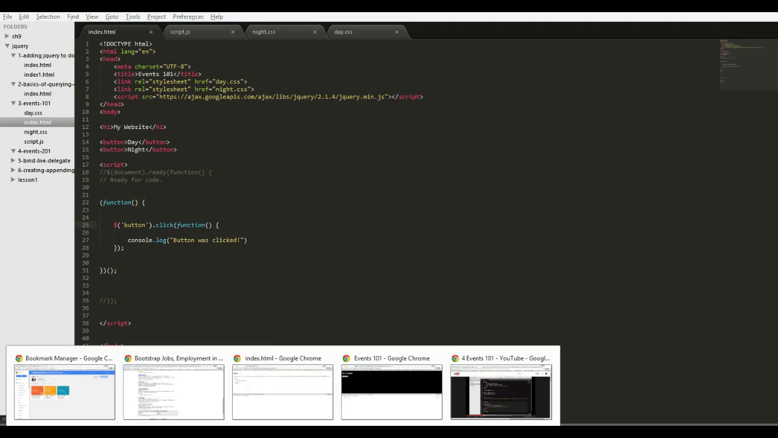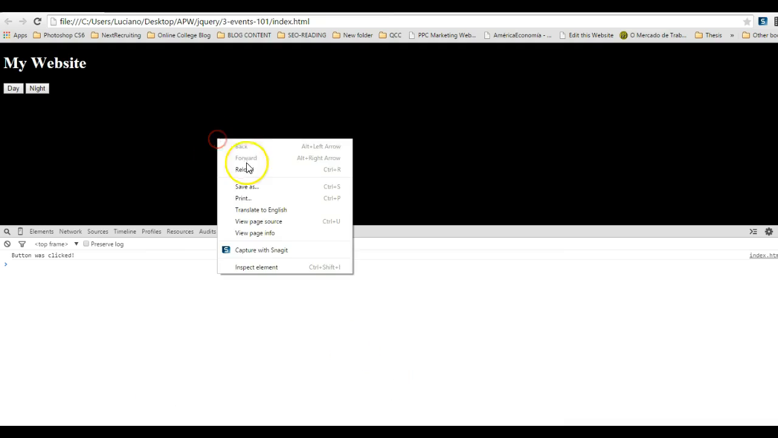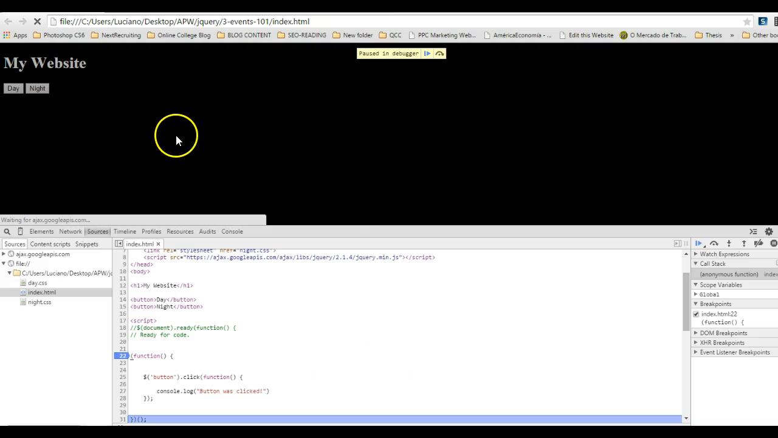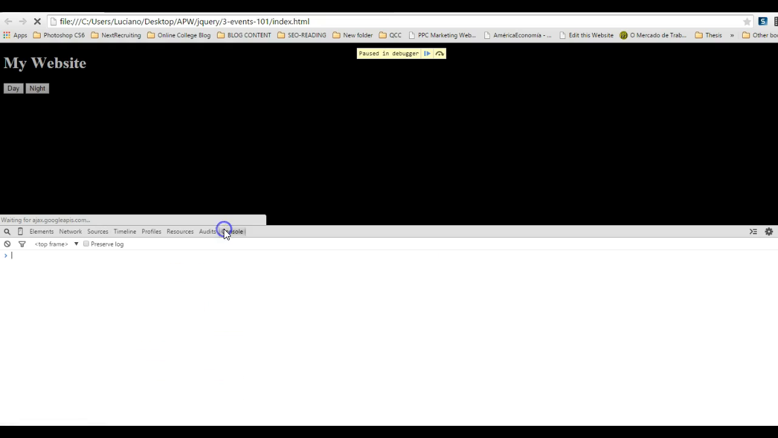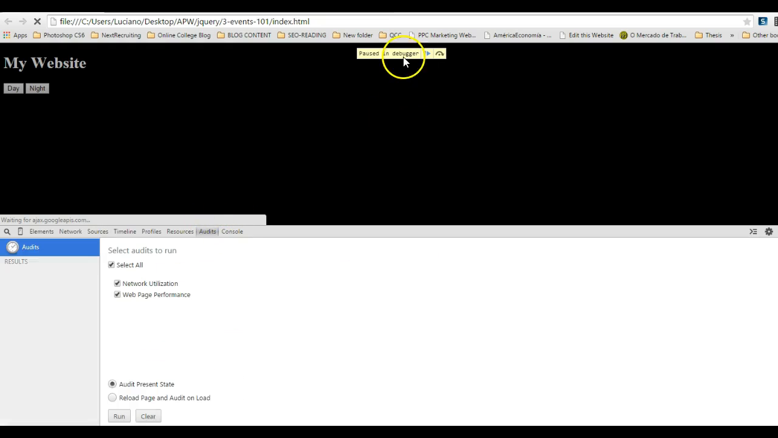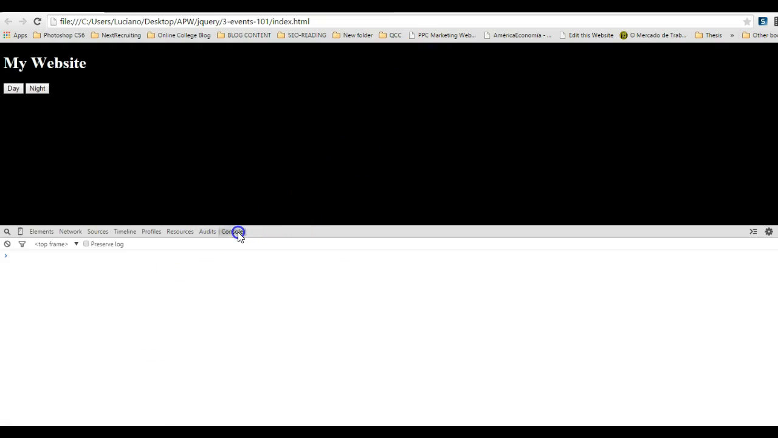So I have my index, my events 101 here, and I have to put this to work. All right, so if I click any button over here, you can see that I have messages, and you can see the counter down here. So as I click them, the counter continues going up. So it's working. And this is a quick snippet of